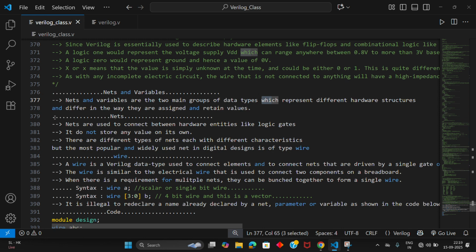Okay. Let us discuss nets in this video. Nets are used to connect between hardware entities like logic gates. Let me clarify what a net actually is. Nets are nothing but wires which are used to connect logic gates or two or more devices. Simply, they act as wires. Nets contain some other types also in them,